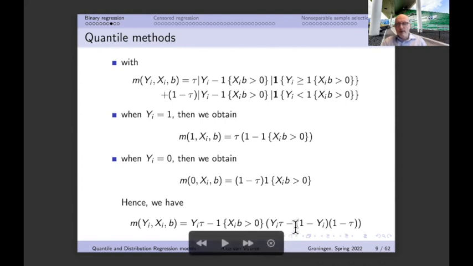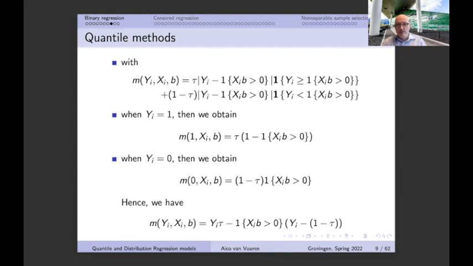I can still further rewrite this. I can get rid of these parentheses over here. What I'm going to do is simply write minus 1 minus tau, and then what we're going to have is plus yi times 1 minus tau. So therefore I'm going to get this thing over here, and again even get rid of this parenthesis over here. This is of course equal to yi minus the tau of yi, so then we get this thing over here. And if these two things are going to be deleted against each other, then we're simply going to get this thing now that we have over here.